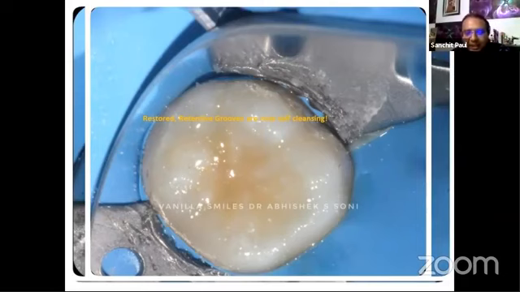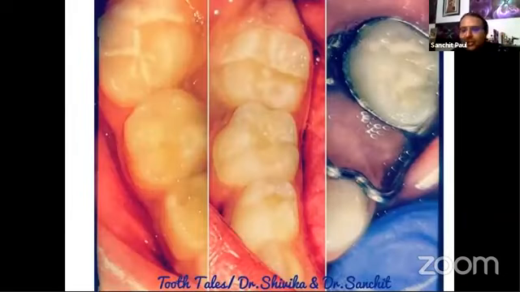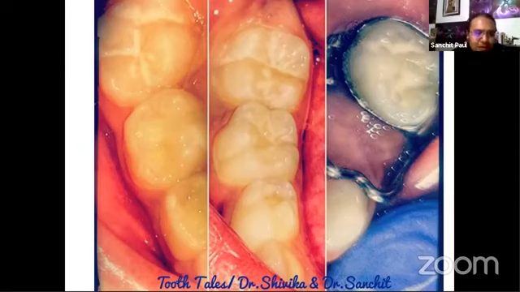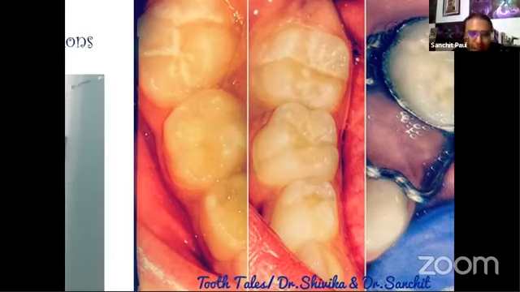So as we have highlighted, pit and fissure sealants are not supposed to be only for kids. It's not only supposed to be for permanent molars. Primary molars, permanent molars, be it a 5-year-old or a 50-year-old, sealants are the best thing one can do for any tooth, especially when you are doing a root canal treatment in 6s and your 5s and 7s are still there. The best service we can give is to seal them so that they don't come back for root canal treatment. And trust us, preventive treatment will give you much more satisfaction and gratification, and probably revenue, rather than practicing more invasive dentistry.